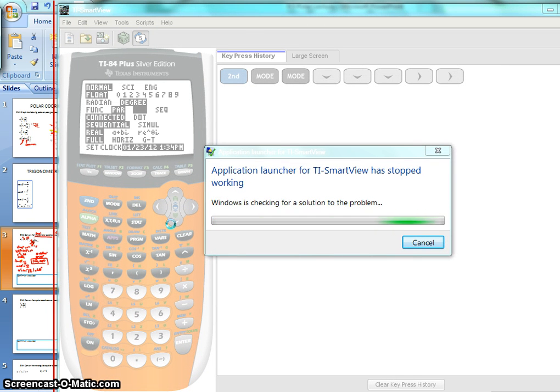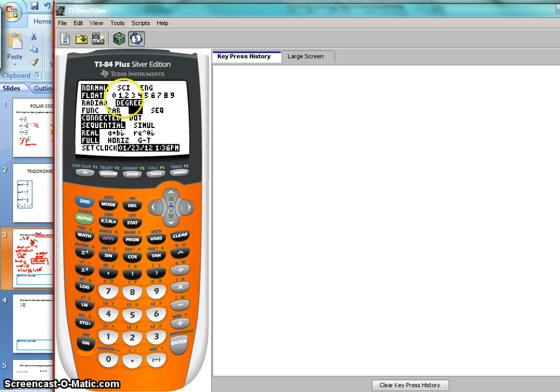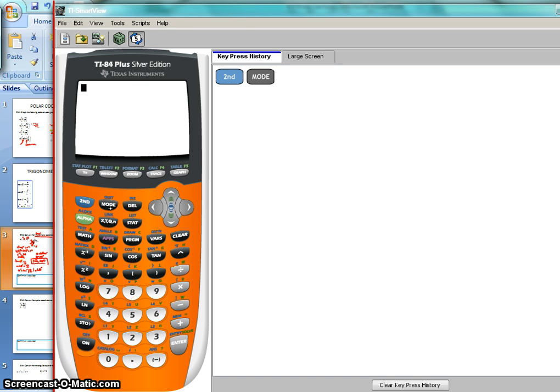Oops, that stopped working. Okay, well, let me get that to work again. Okay, so we are in degree mode, and then we're clicking on PLL for polar mode. So once you have that, then we're going to go here, and we have our r comma theta, so we're going to go to the